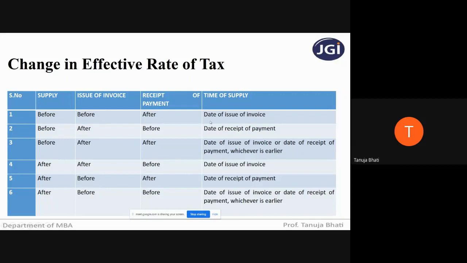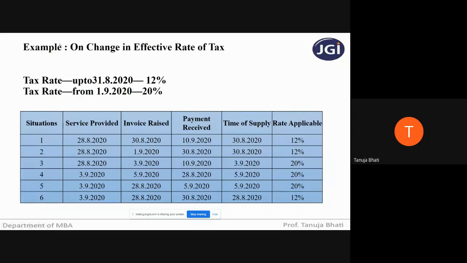So let us understand this particular chart with the help of an example, so you'll clearly understand what I mean by change in effective rate of tax. So we have an example on change in